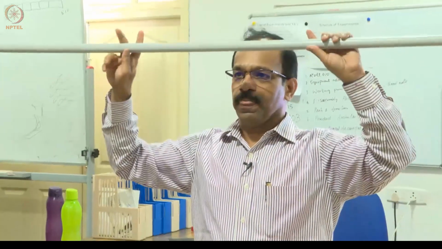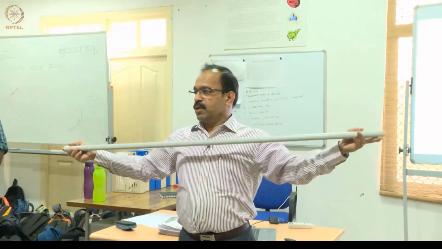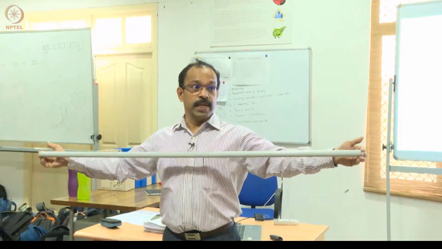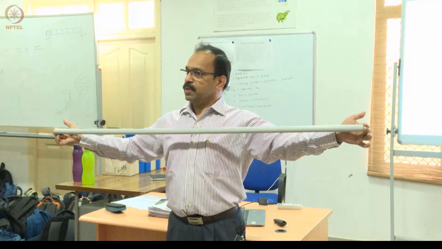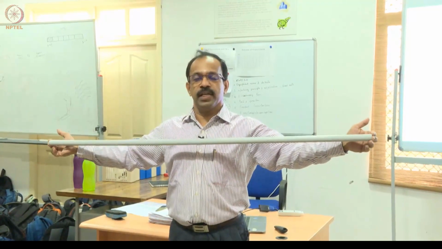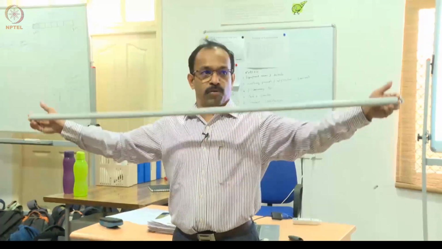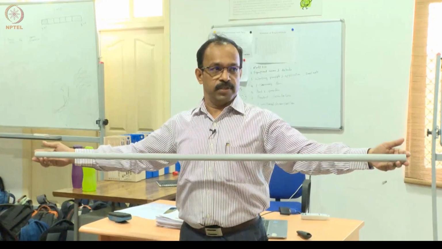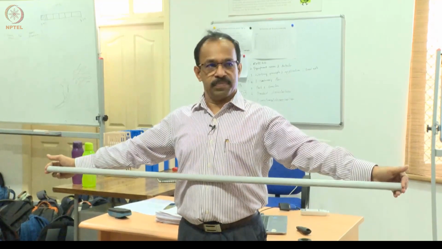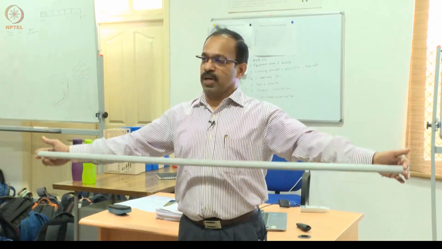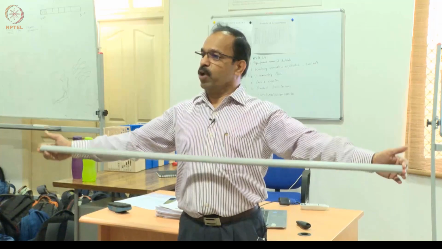So with this background, let us start the first exercise, which we call helium tubes. All of you know this, right? What is this? So this is a helium tube. Have you heard of helium? What is the property of helium? Lighter than air, right? So what will happen? It will try to float. It will go up when you leave it. So this is also filled with helium, and you will see that it goes up. If you want to bring it down, it will keep going up.